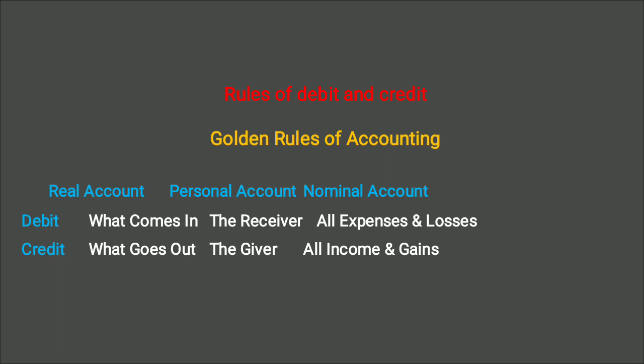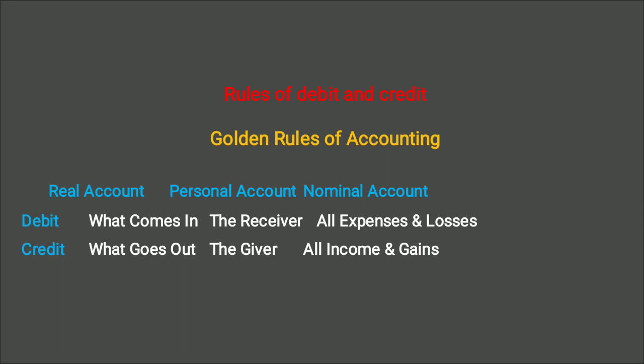So today the thing we are going to discuss is called the traditional rules of debit and credit, and the traditional rule is also known as the golden rules of accounting, that is golden rules of debit and credit. Okay, so what are the traditional or golden rules of debit and credit? In the traditional rules, we have divided all accounts into three parts. First is real account, personal account and nominal account. Once you identify your financial transactions, along with that you have to identify the names of the accounts which are going to be affected.